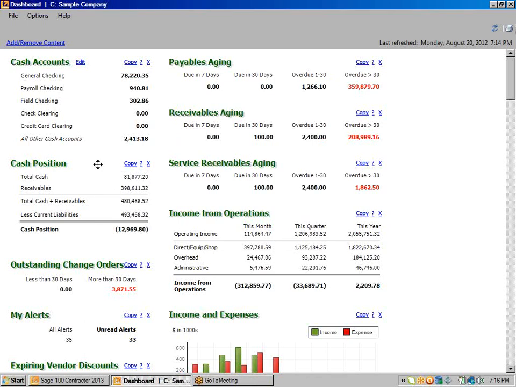Moving on down on the left-hand side, we've got the cash position. Notice as we go across the top, we can copy these. This will copy to a clipboard, and you can paste it in Excel or paste it wherever you'd like. If you want help on that item, you can just click the question mark, or you can remove it from the dashboard. Again, clearing that space and adding something else, or leaving it blank and